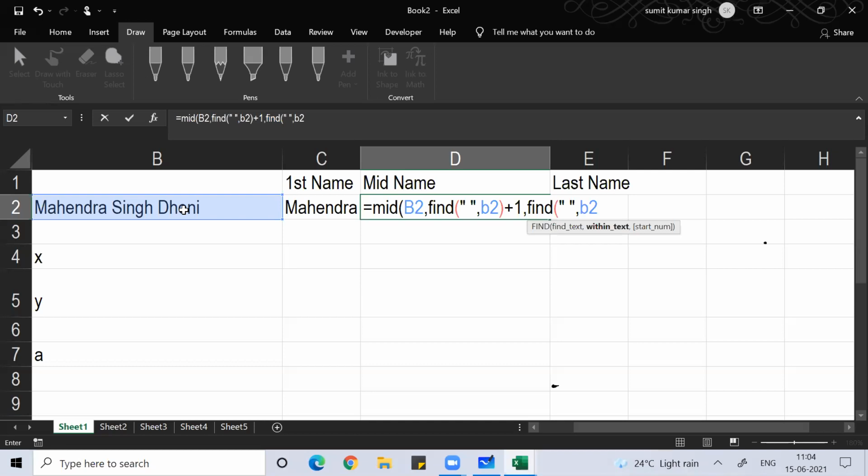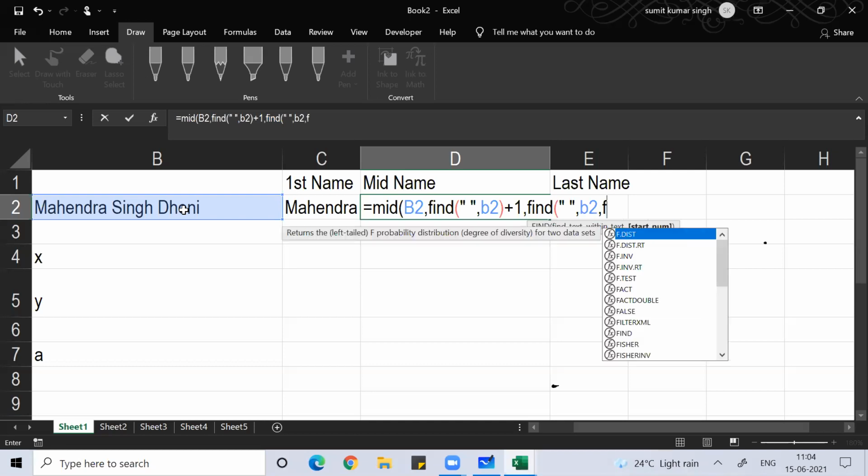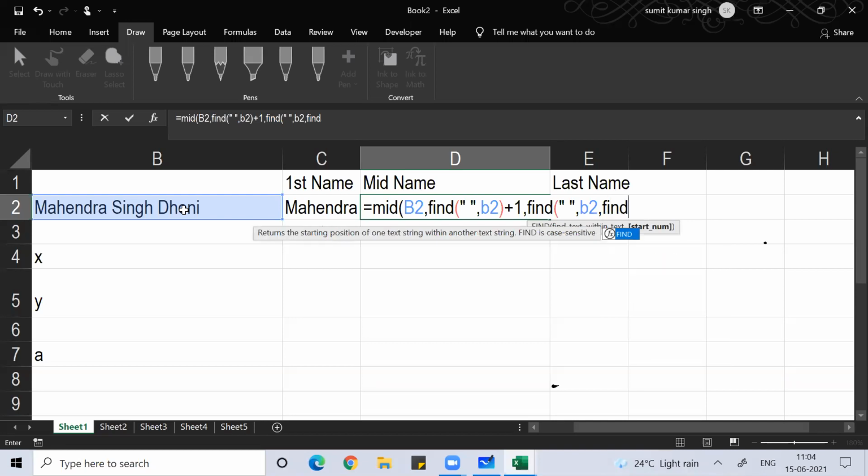Then comma, then again FIND double quote space double quote comma B2. So find the space in B2. What is your starting character, guys? Your starting number will be the next character after the space.